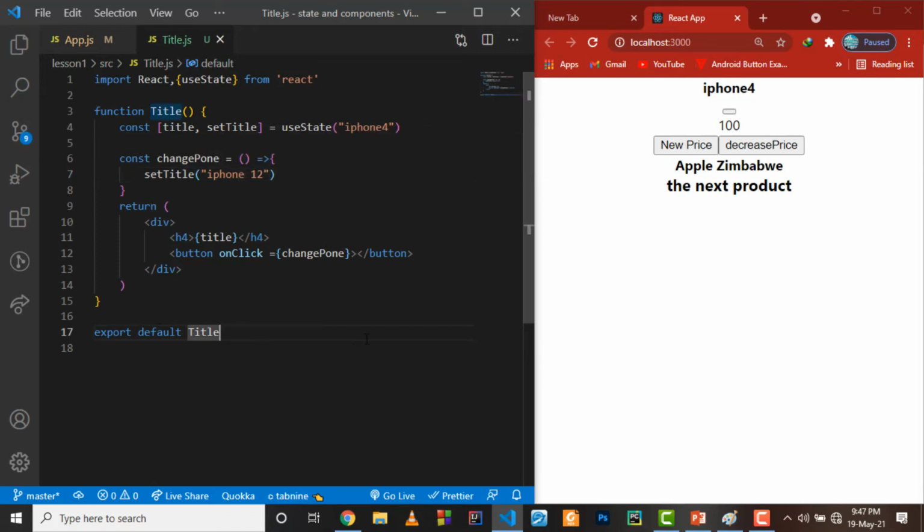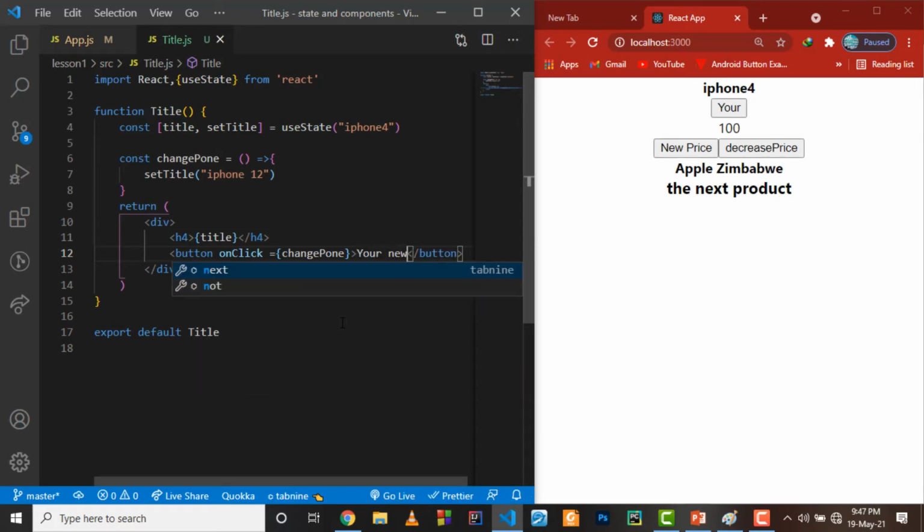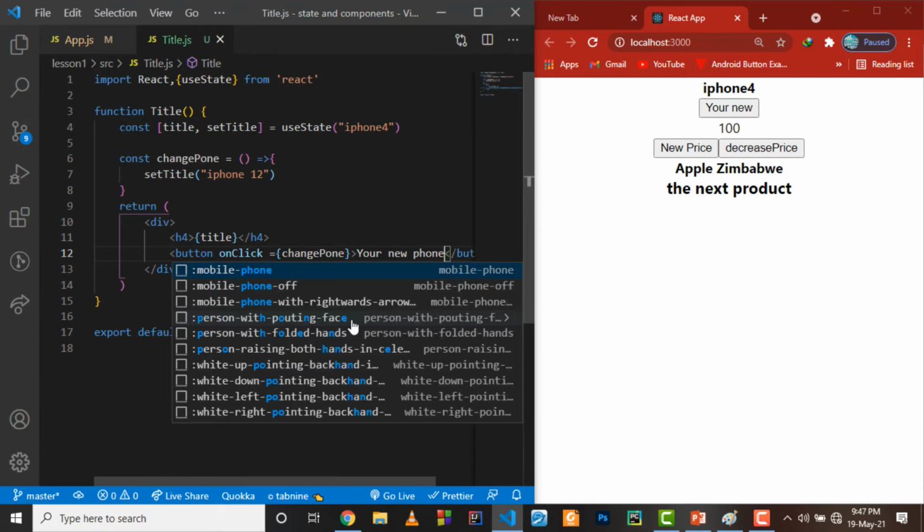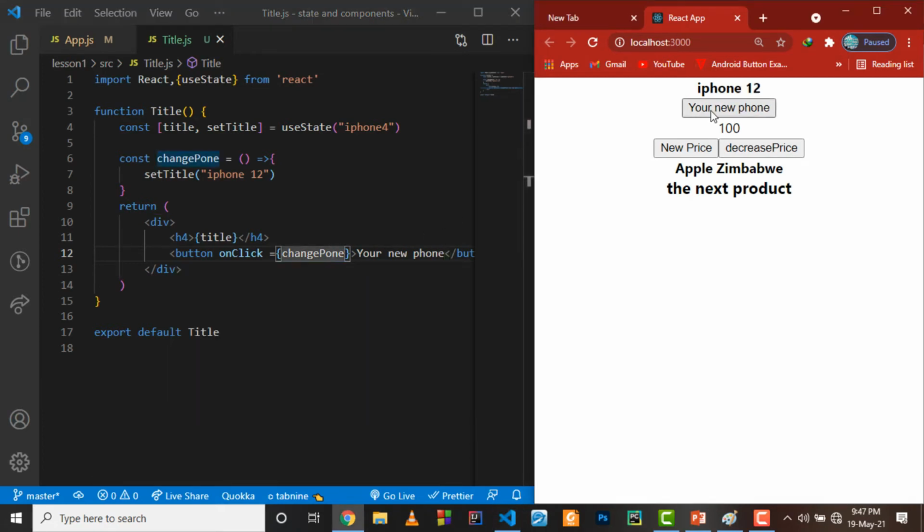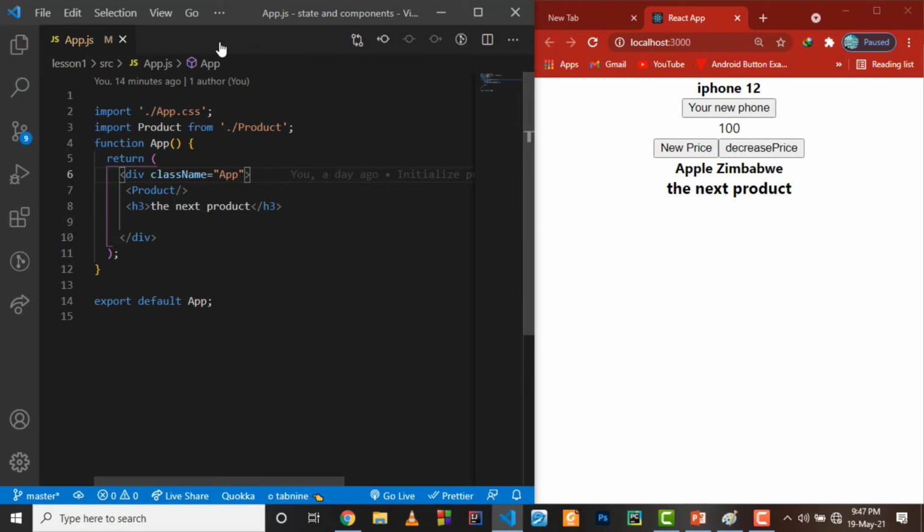So when this button is clicked, it should be your new phone iPhone 12. So this is how we can use useState with strings. So now we want to see how we can use useState